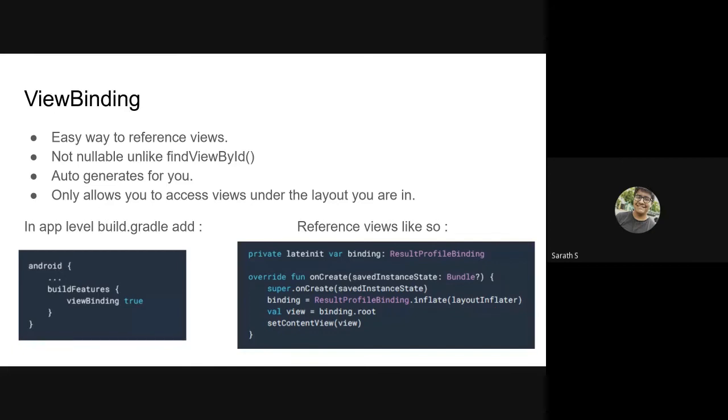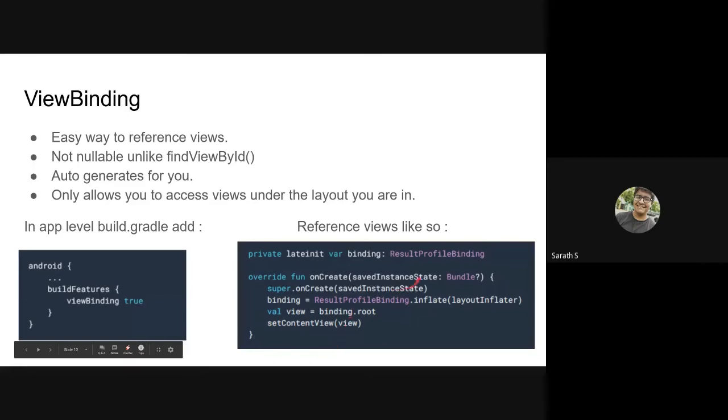You don't have to know more complex stuff right now. So just know there's a thing called layout inflater. So you are inflating the layout from the XML, and then we are getting the root layout. Root is basically the whole layout which you inflated right now. And then you are setting the content view as the root instead of passing the ID.